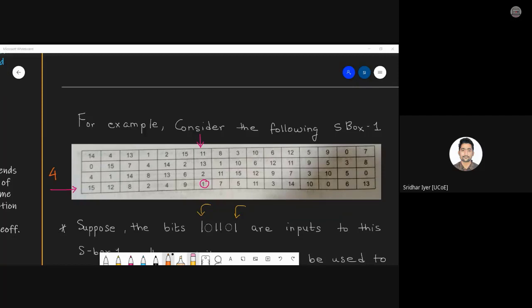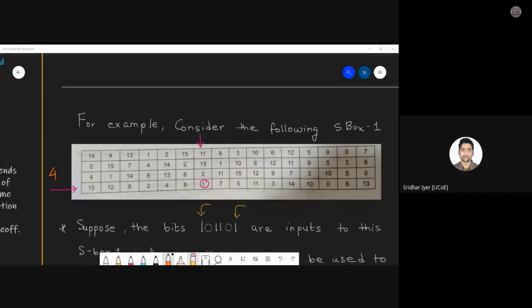So basically each and every value is repeated 4 times in this table. So at the max, you need only 4 bits to represent any of the values present in the table.